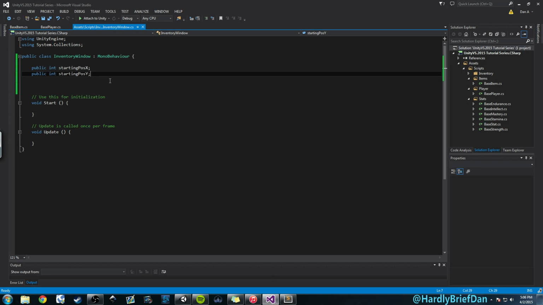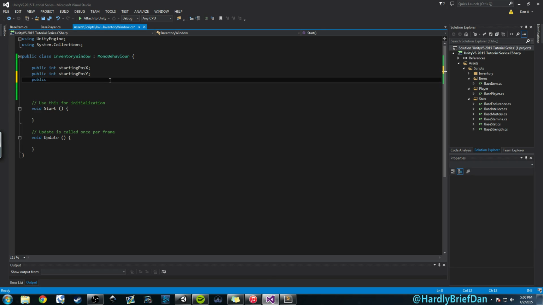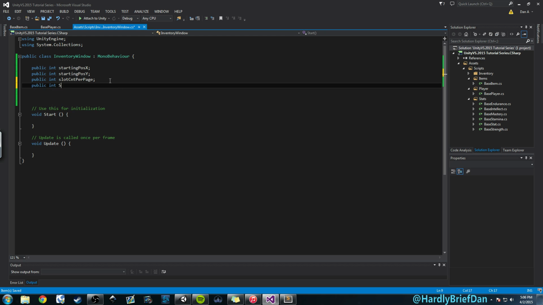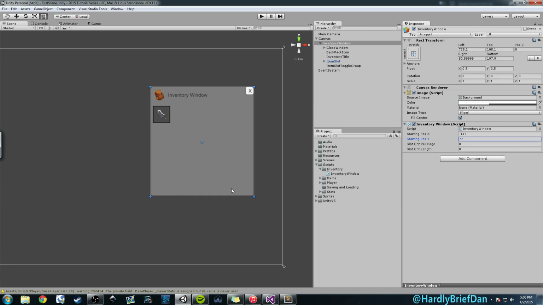Jump back into Visual Studio, and we're going to add a couple more public variables. So we're going to add a public int. This is going to be total slot count per page. So we'll just say slot count per page, and a public int slot count for length. We'll call it length. And I'm going to go ahead and talk about these. So I'm going to Control S to save again, jump right back into Unity, and we'll talk